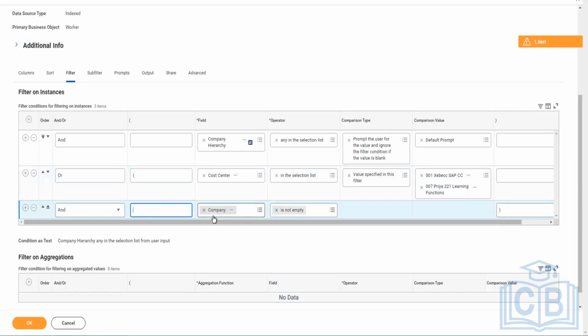So it's like the exceptions that we create. We are saying that workers who belong to this company hierarchy should be part of the output. But we also want to include some more workers, maybe who do not have this company hierarchy, but since they are part of this cost center, and if they have a company assigned, we still want to include them. So it's a flexibility you are giving with a more stringent rule, wherein one condition is fine because, let's say, the majority